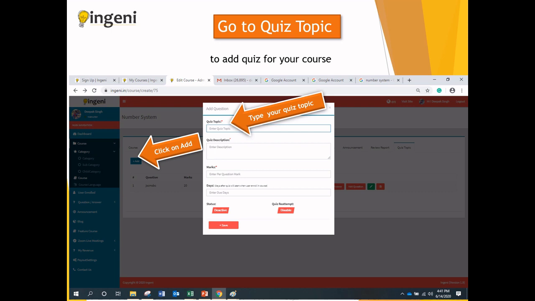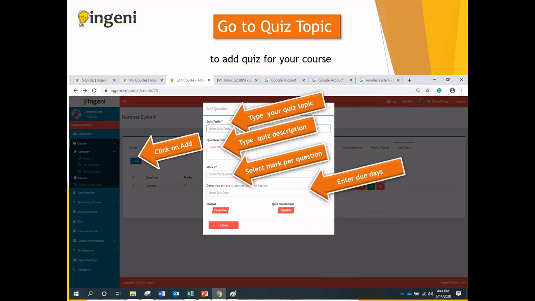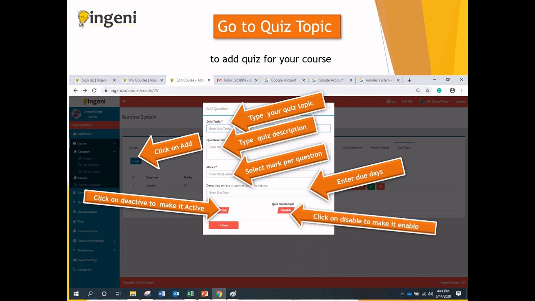You can also monitor it. So here you type your quiz topic, type the quiz description, select the marks for that particular question, the due date, when, in how many days he has to answer this, activate it, enable so that it gets enabled with your course, and save it.